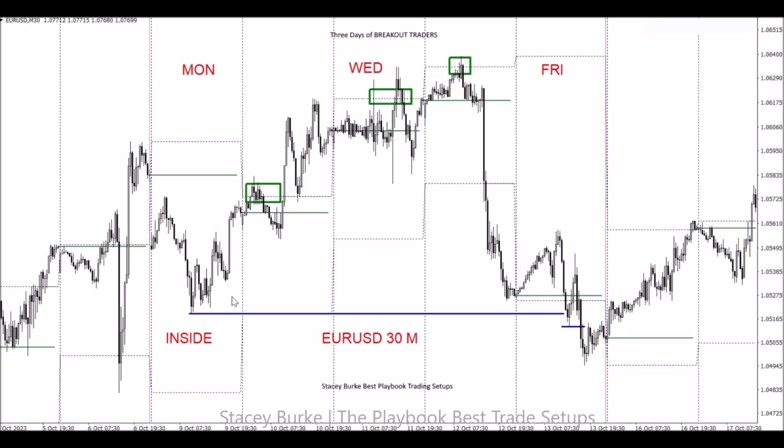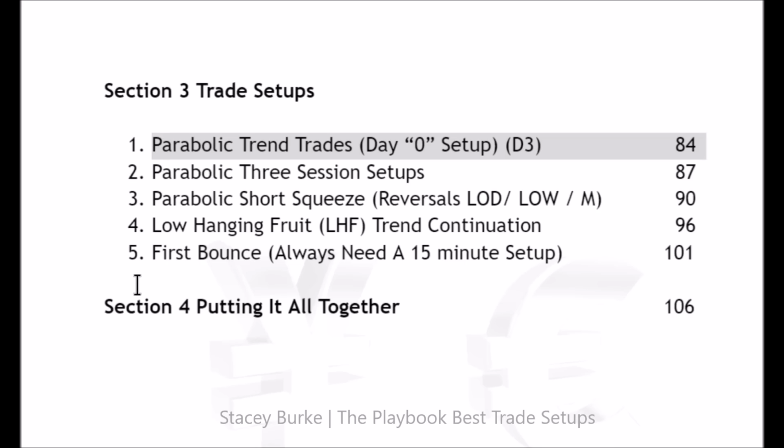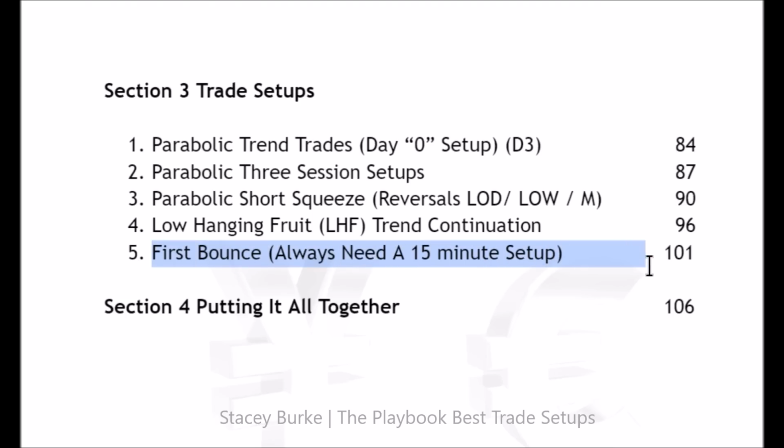So inside day starts it off. Breakout trade of the inside day, day 1, day 2, day 3 breakout traders heading into CPI on Thursday. This is a 5-minute chart. 5 minutes after the CPI is delivered, we have a first bounce opportunity that carries through into the close of the day. Now, first bounce is on page 101 in the playbook,